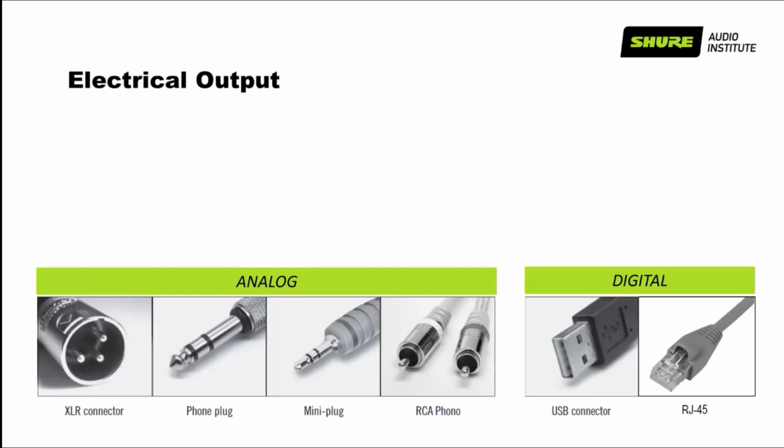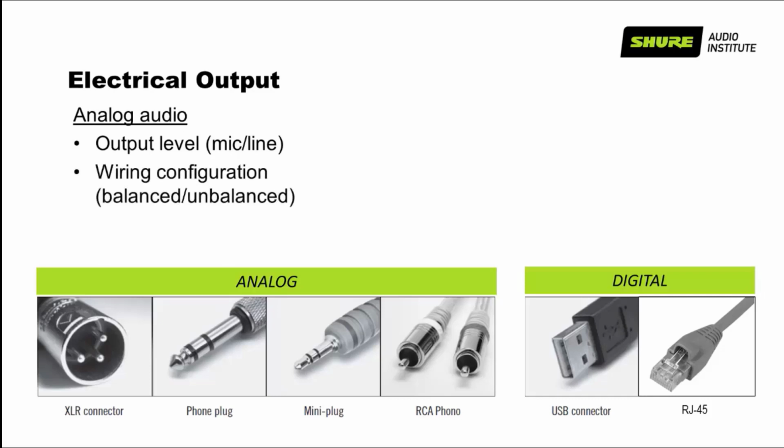All right, and then let's talk about electrical output, because this is something that has actually changed in the transition from analog to digital. Analog microphones have a characteristic output level. There's a certain amount of voltage that comes out given a certain acoustic volume going in, and there's also a different wiring configuration. You can have balanced output or unbalanced output, which influences how resistant the signal is to electronic interference going through the cable. Then every microphone has an impedance to its output, which is not really important by itself,